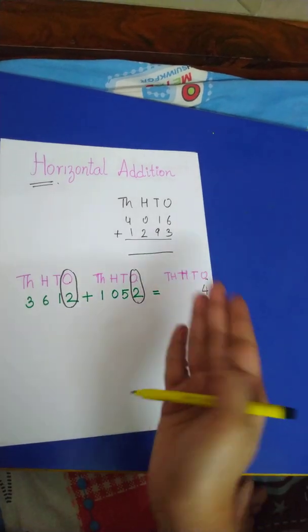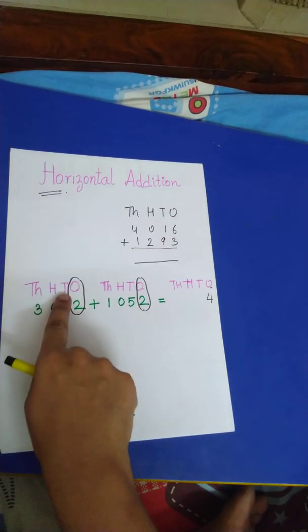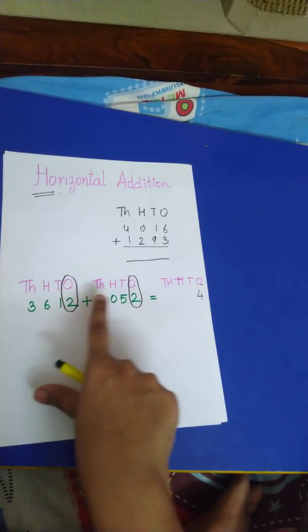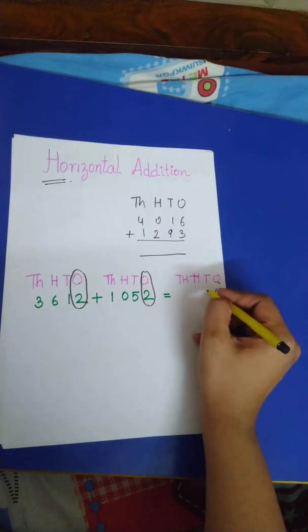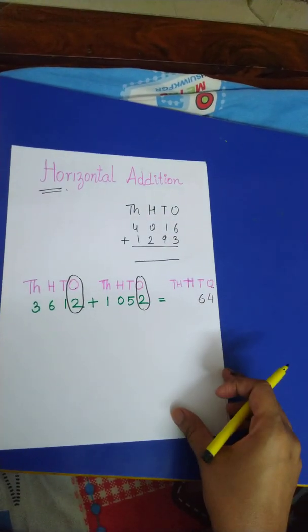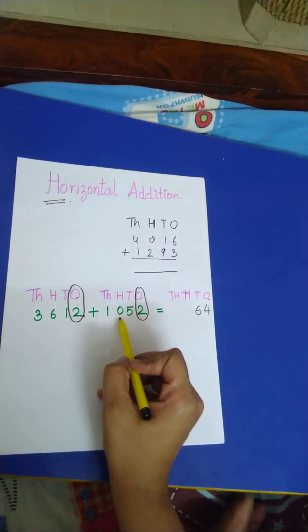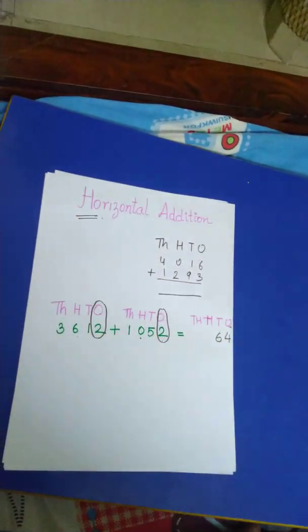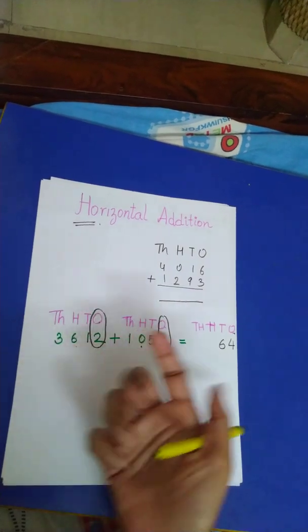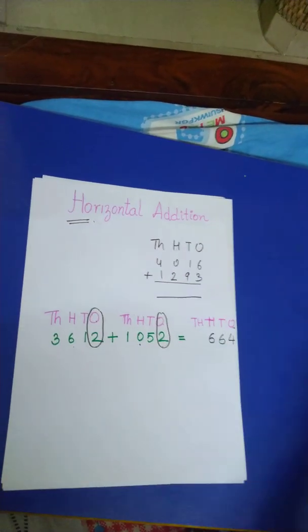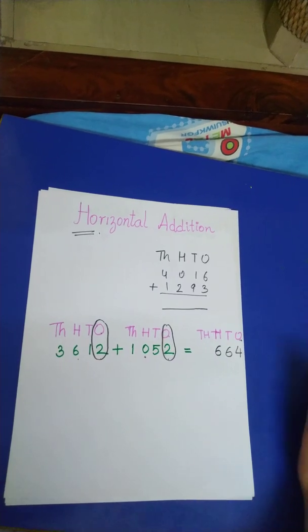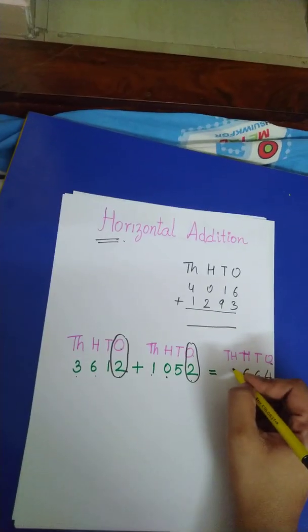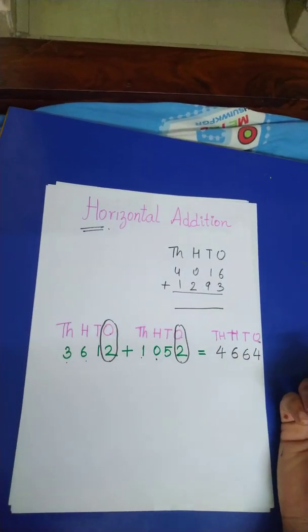Right? Now jumping on to our next place, that is tens. Here in tens I have 5 and 1. So 5 plus 1 is easy, yes, 6. Now here hundreds place, I have 6 and 0. Remember, whatever number we add to 0, we get the same number itself. So quickly we wrote 6 without looking any further. Now next we have 3 and 1 in thousands place. So 3 plus 1, 4. Exactly the way you are thinking, it's so easy, right?